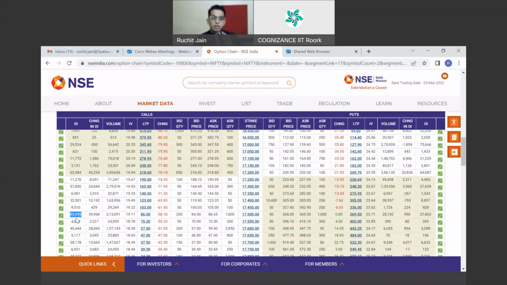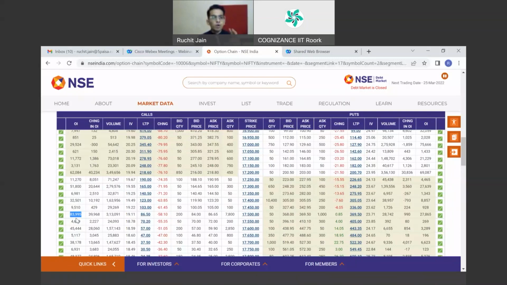And if the open interest starts reducing over there, today it's 84,000, if it starts reducing to 82,000, 80,000, 78,000, 75,000, 70,000, 60,000, that means that resistance is becoming weak. If resistance becomes weak, then the market will cross that level very easily. Okay.